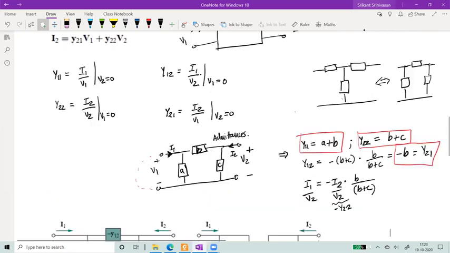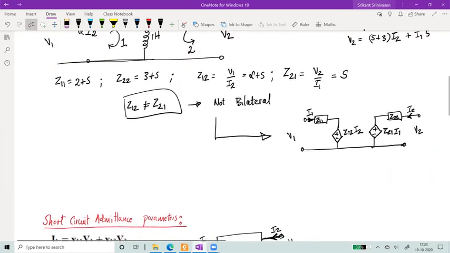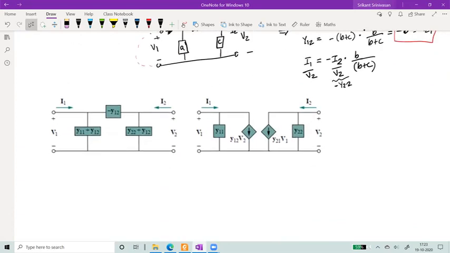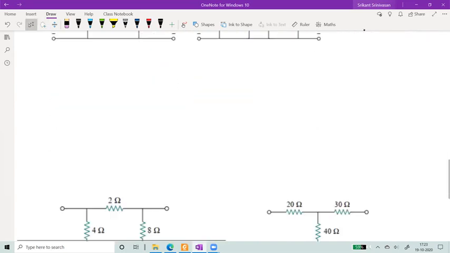Okay, in the earlier case, what we talked about was a current dependent voltage source over here. So dependent voltage source, and here you have a dependent current source. So the total current is the sum of the voltage and the admittance and the current source. And similarly, on the output side, I2 is Y22 times V2 plus Y21 times V1. So these are the simple representations of the admittance matrix.